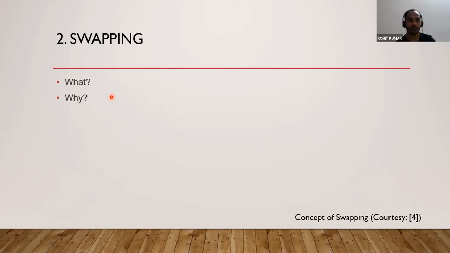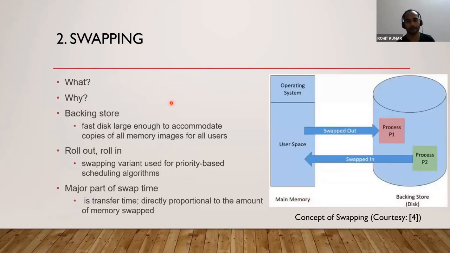So that's why swapping means the exchange of data between RAM and disk. Here you can see it is your backing store, that is the disk. You are supposed to swap a process out first from RAM, main memory, to disk, and then you can fetch the other process from disk to RAM. Now you will ask why it is needed.